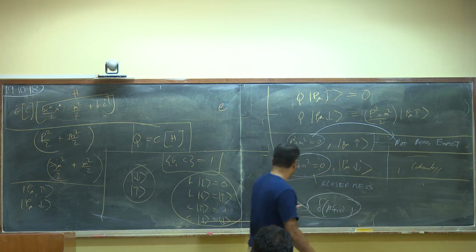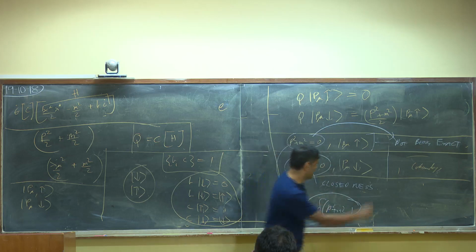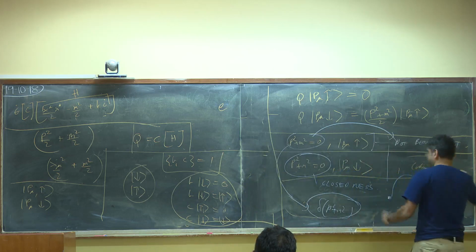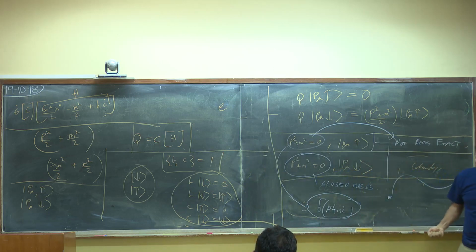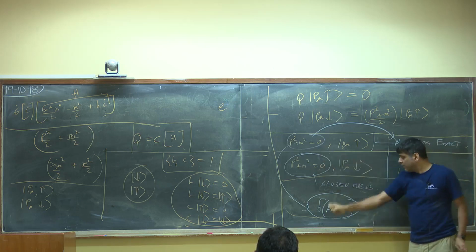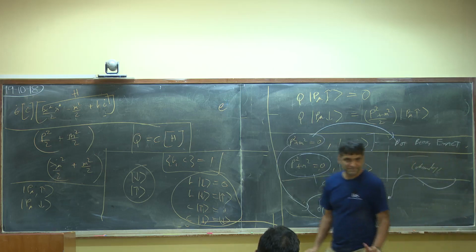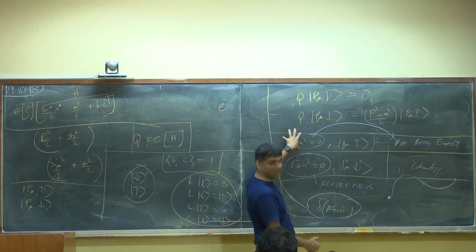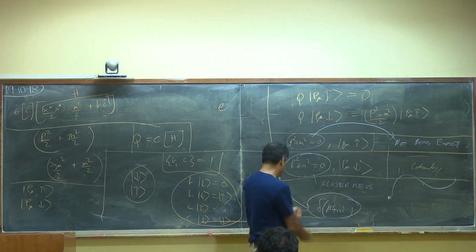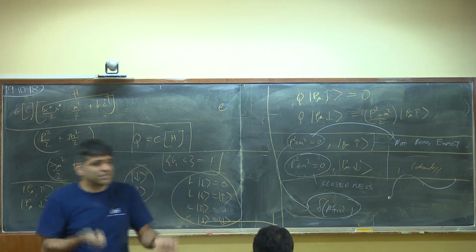In the computation of an off-shell correlation function, we don't need to be on shell. And this quantity can only give you a contribution when p squared plus m squared is equal to 0, and therefore can only give you a contribution which goes like delta of p squared plus m squared. If you put this insertion for arbitrary p squared plus m squared, you can only get such a contribution. So it would have to give you some contribution to off-shell correlation functions, let's say,